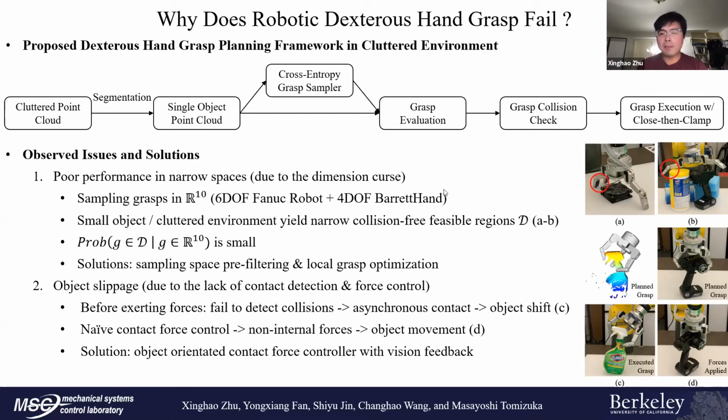And intrinsically in parallel grippers, this kind of object slippage is not heavily studied, since parallel fingers intrinsically alleviate those problems in the sense that object movement is restricted to the gripper's open range, and also applied forces are always antipodal, which are intrinsically balanced. And these two observations suggest that developing a contact detector and a post-grasp controller can probably help to reduce the object slippage, which I think is quite similar to what Juxi has just mentioned, that for